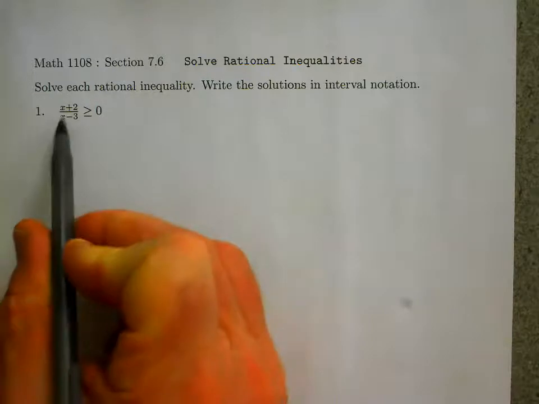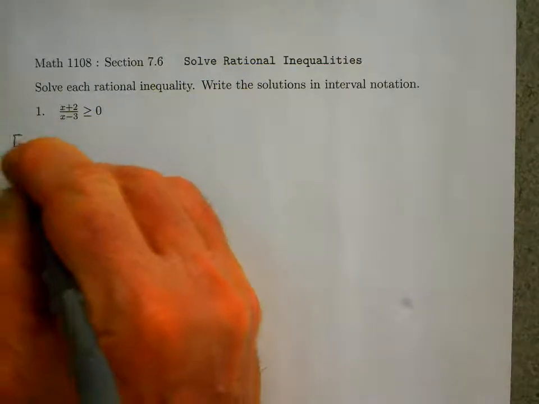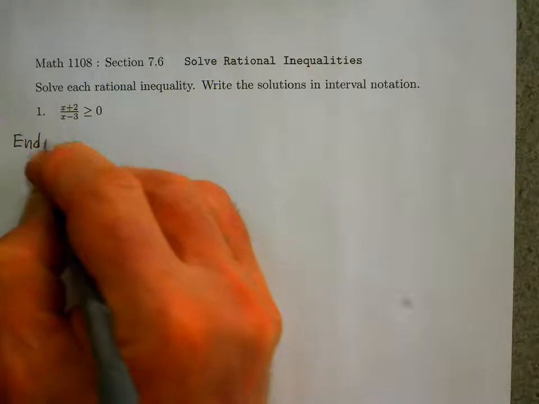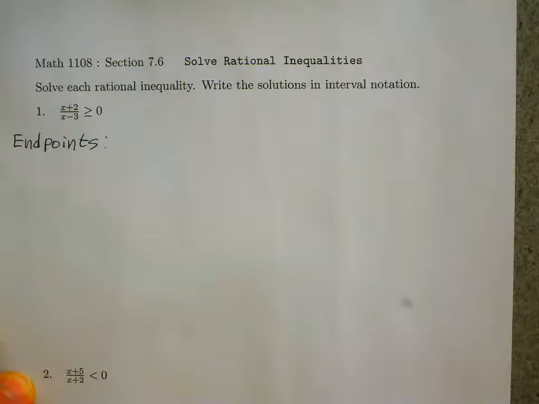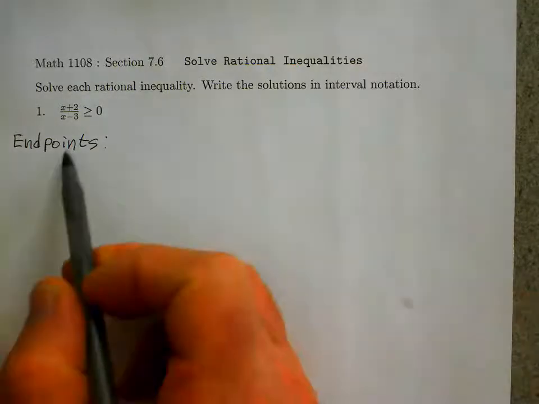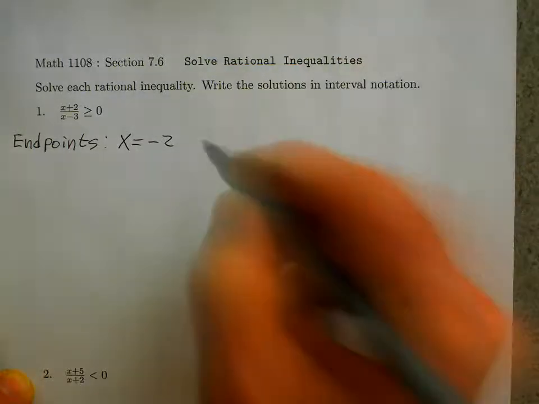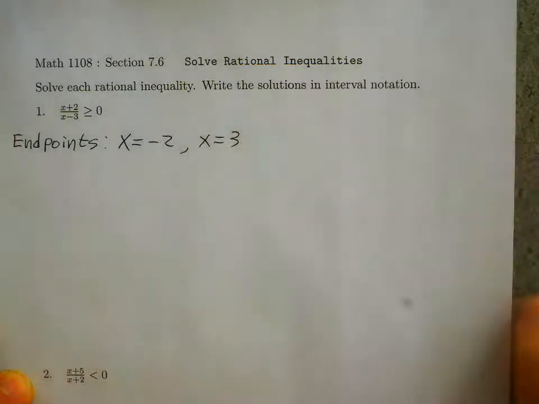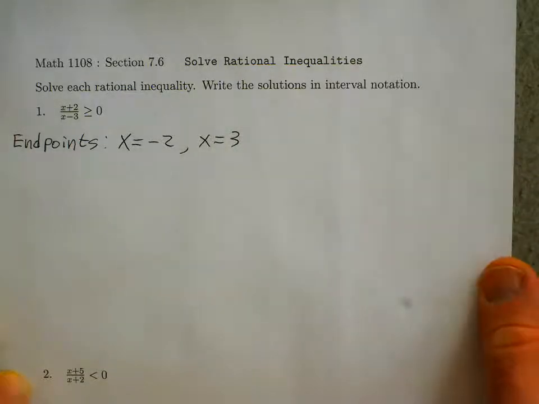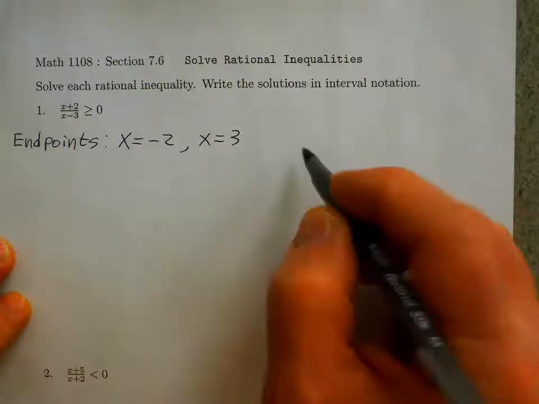So the numerator is just x plus 2. So I'll refer to those numbers as endpoints, the numbers that make the numerator 0 combined with the numbers that make the denominator 0. x equals negative 2 makes the numerator 0, and x equals positive 3 makes the denominator 0. So those two numbers